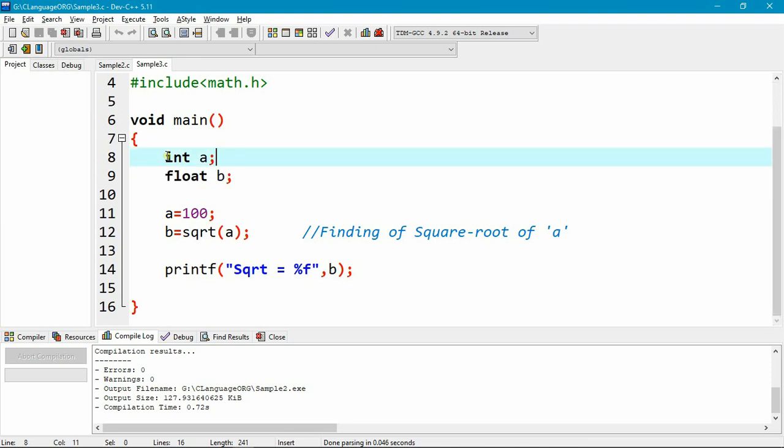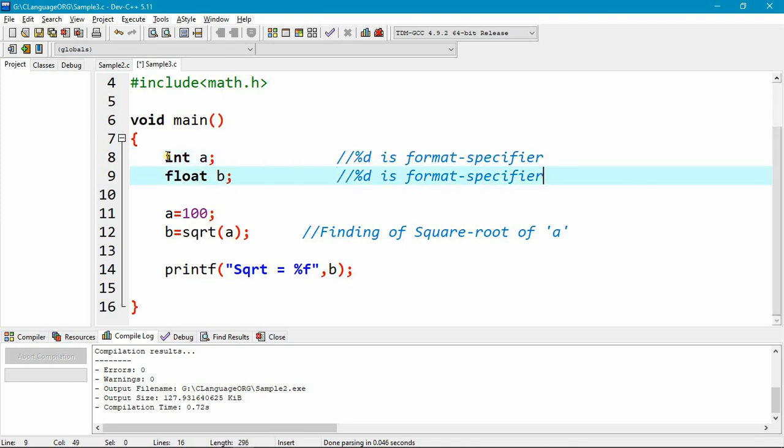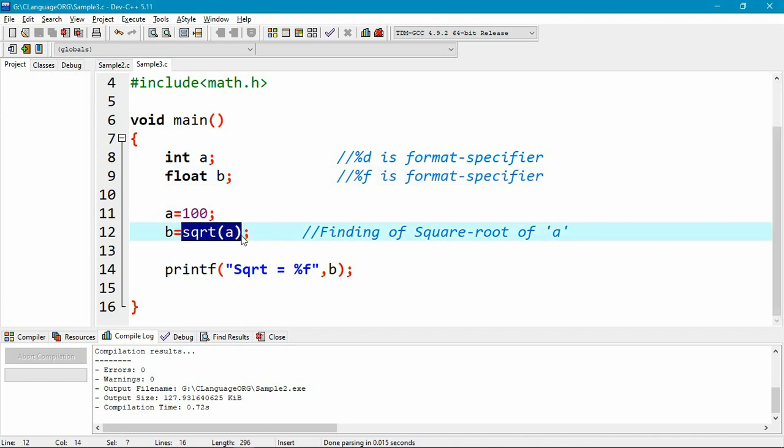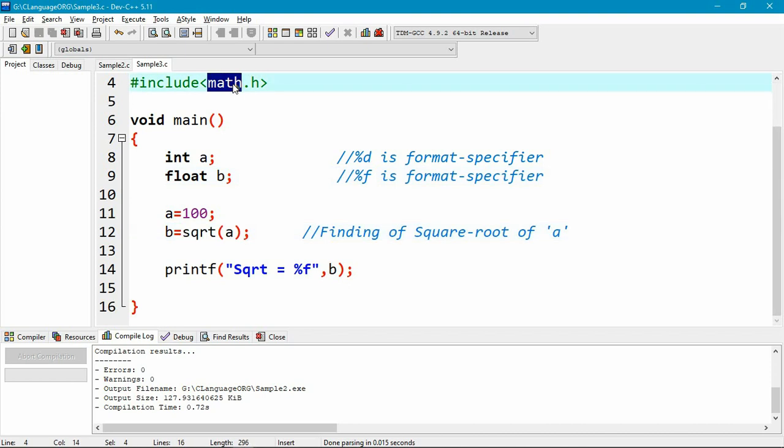An integer is represented with the format specifier %d, and a float value is represented with %f, which is the float value format specifier. After that I am assigning a equals 100, and then I am finding the square root of a. This square root function is available in the math.h header file or library file.